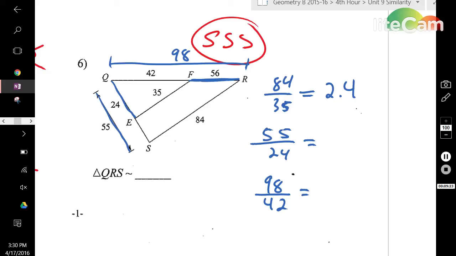Now if 55 over 24 is not the same, you can stop. And actually it isn't. 2.291